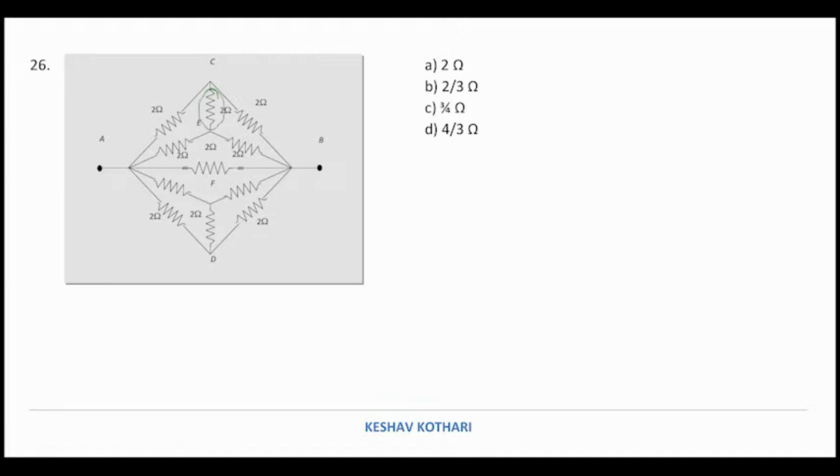I can remove this 2 ohm resistance and I can also remove this 2 ohm resistance. Or we can also say that there is a Wheatstone bridge which is a balanced Wheatstone bridge, and hence we can remove these 2 ohms on either side. On removal of these two resistances, the circuit is reduced to a much simpler circuit where there is a 2 ohm and then another 2 ohm